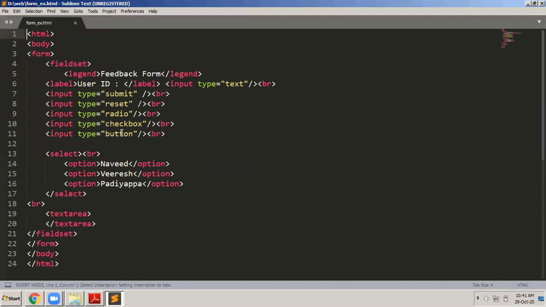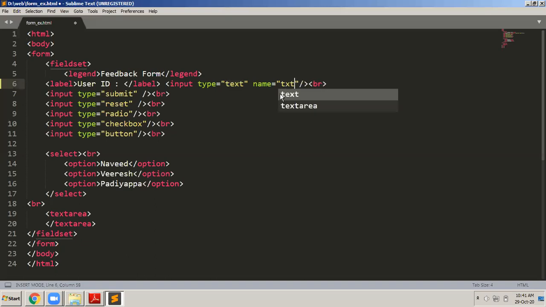Now every time you place any control on the web page, you write input type equals submit, input type equals reset, input type equals radio. This is not the only thing that you write. For example, here you can see input type equals text. There are other attributes also to this input tag. This control should be given a name. What are you supposed to take in this text box? The username. So you have to give this particular text box a name.